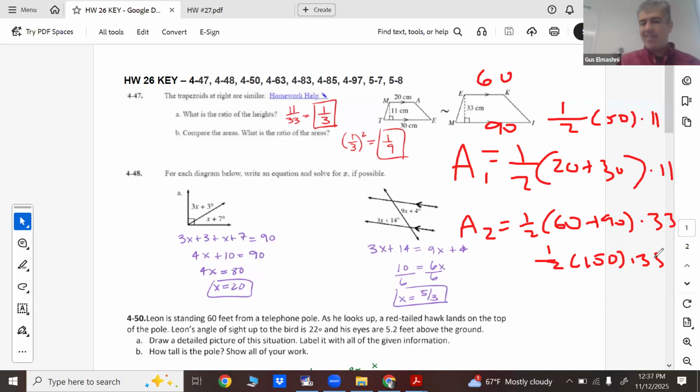48 should have been fine. Those two have to be 90 for part A. Those are the same as alternate interior angles. Those are okay for 48. Yeah. For 50,